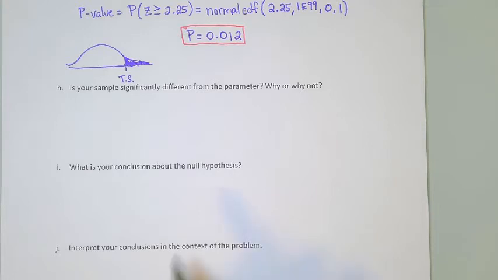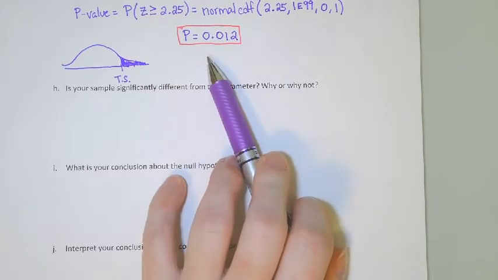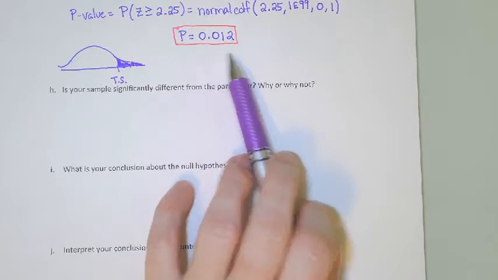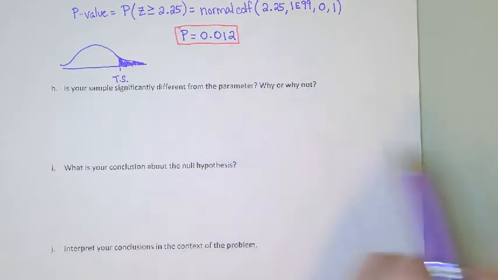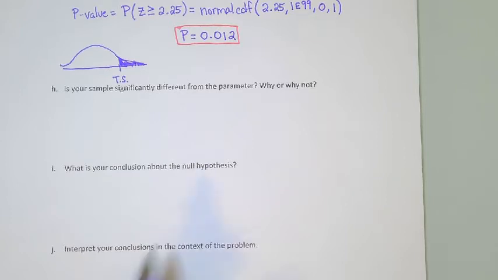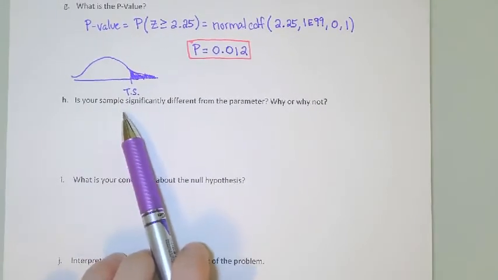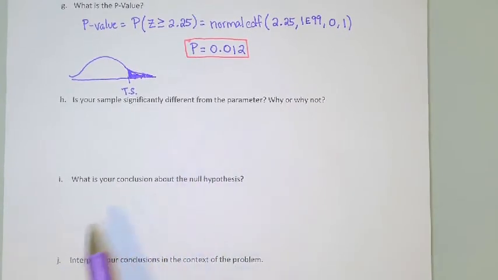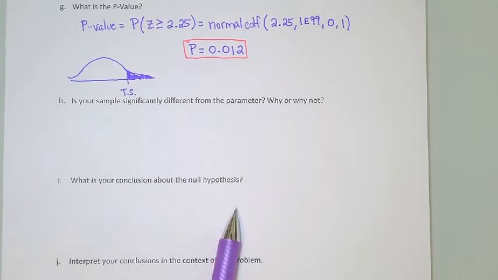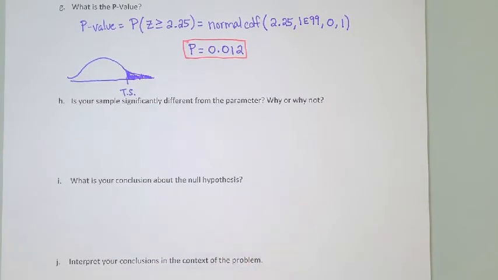Remember that the smaller the p-value is, the stronger the evidence against the null hypothesis and for the alternative hypothesis. So when we're making the determination of whether our sample is significantly different from the parameter, and what conclusions we should draw about the null hypothesis,